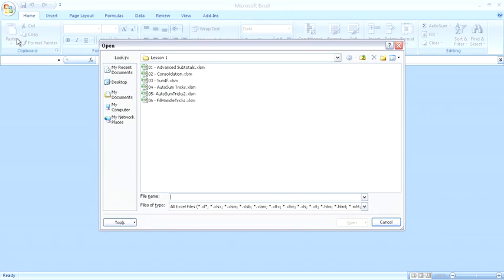XLSX and XLSM files are much better than the legacy XLSB format because they're smaller and less prone to corruption. Personally, I almost always use the XLSM version of the files as it allows me the flexibility to record a quick macro if necessary. Although you will see me working with both XLSX and XLSM files in this training series,